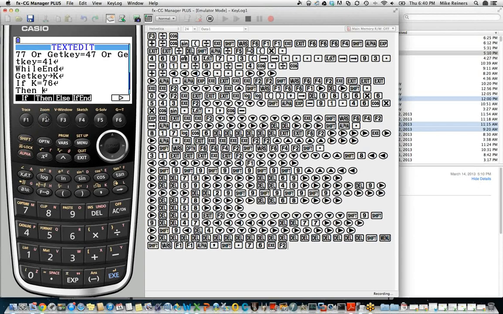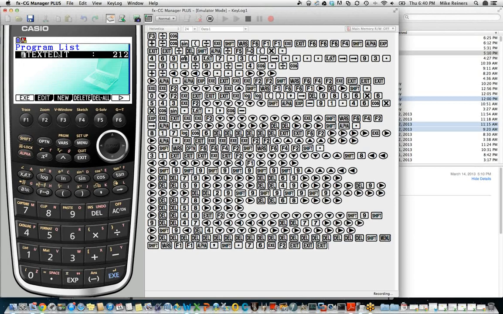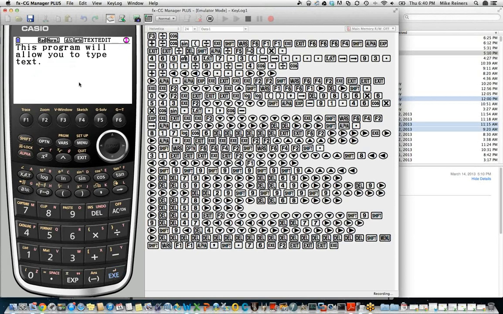Now, in order to output a letter A and in order to work like a word processor typically works, we need to know exactly where the cursor is or where the user's output is going to appear. So let's leave the editing of our program. It doesn't matter that you haven't finished this command. The program will give you a syntax error at the end, and we'll deal with that. But let's run our program. It allows us to type text.